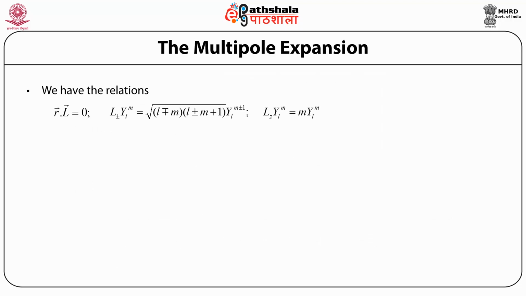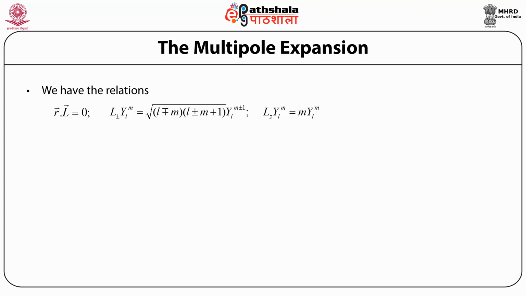We have the relations r dot L equals 0 and L± Y_LM equals the square root of (L ∓ M)(L ± M + 1) into Y_L,M±1,